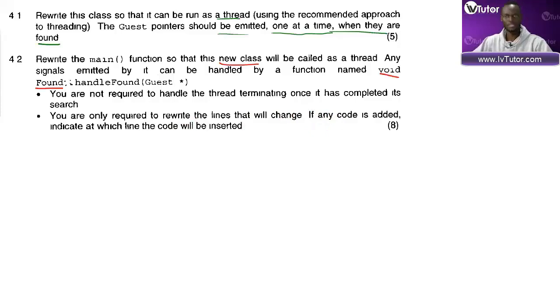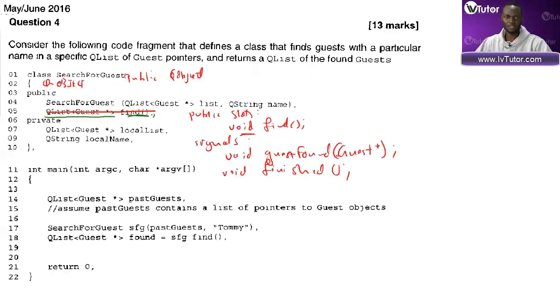If any code is added, indicate at which line the code will be inserted. So you're not writing everything. You're simply saying, so here we go. You've got your guest list here. Assume that pastGuests contains a list of pointers to Guest objects. So they are saying you can assume it has been initialized. So from line 16,